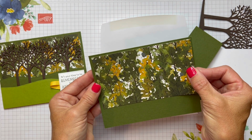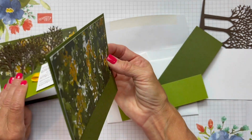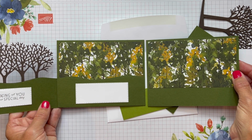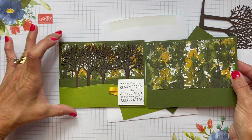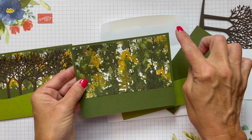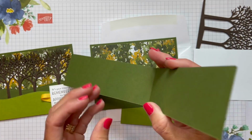So in this one, I just put some Designer Series paper at the top. That creates that backdrop on the inside of the card. I'm going to be showing you another card, and we're actually putting it together, but I'm just going to show you how I did this one that's in the landscape orientation. Okay, so what you do is you have that quarter sheet, put your Designer Series paper down, then you take and cut a piece of